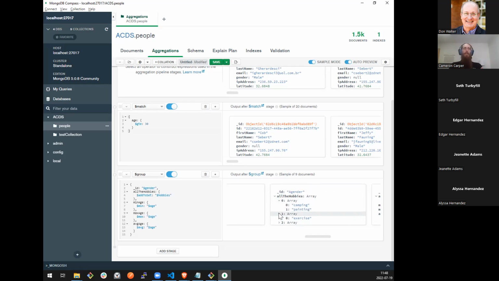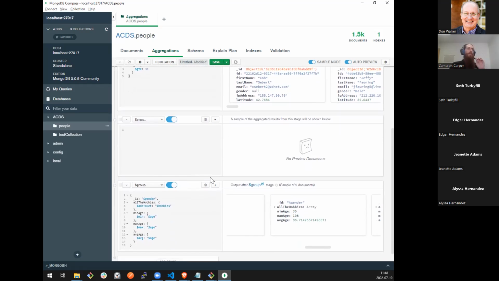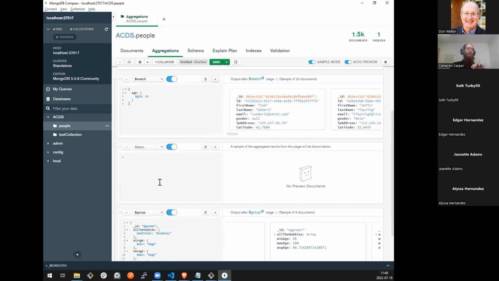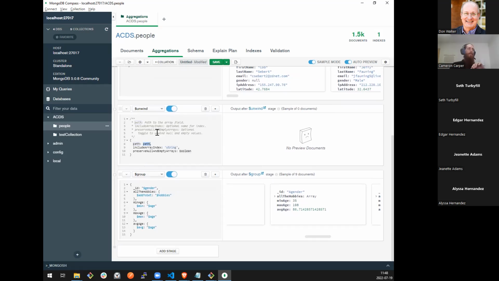Which leads me directly into when we want to use unwind. I think for time efficiency, I'm going to put it before our group. So I'm using the UI to insert an unwind stage in between the existing match and group. I'm going to find unwind in my list.